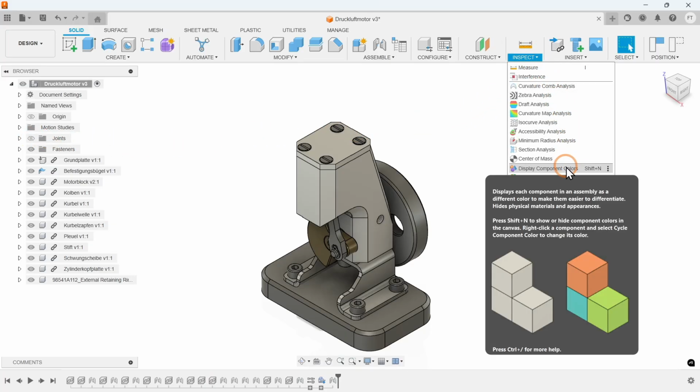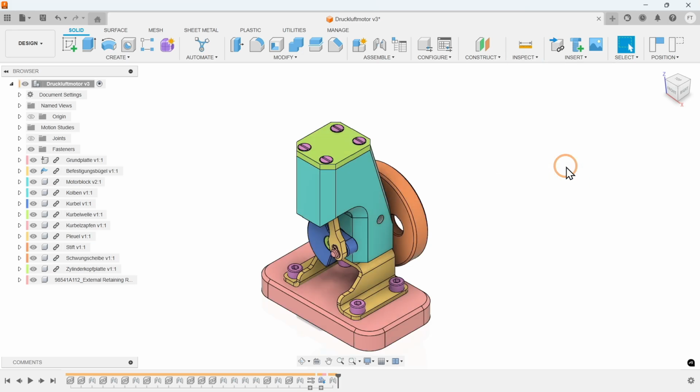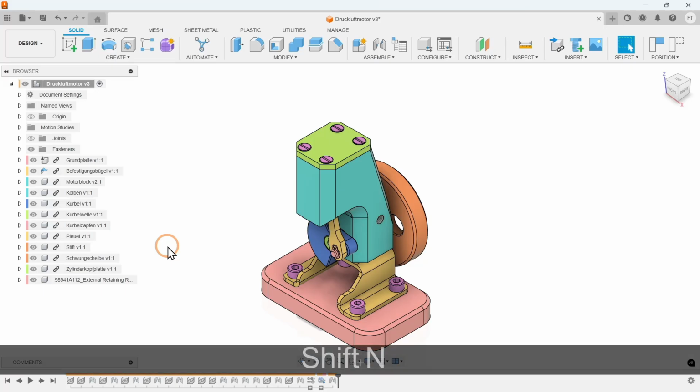Now we see all components in different colors, which are also displayed in the browser next to the respective parts. This way, the individual parts can be quickly and easily assigned. You can also activate and deactivate this function at any time by pressing the Shift key and the N key